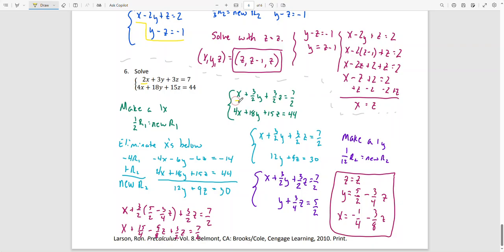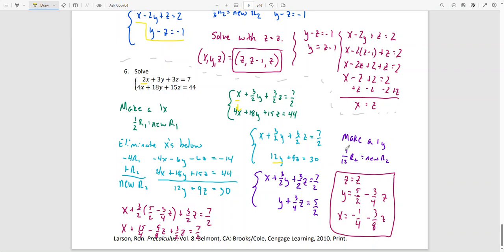Now I want to use this x to eliminate all x's below it. So I will multiply negative 4 times row 1, add it to row 2. When I do, I end up with 12y plus 9z equals 30. I put it here. And I need to make a